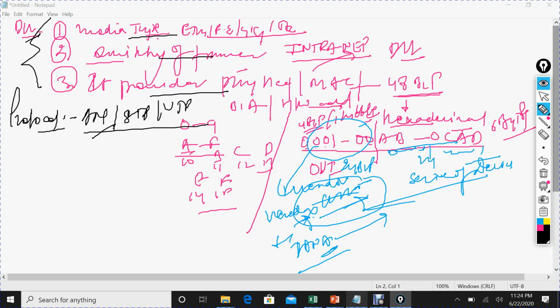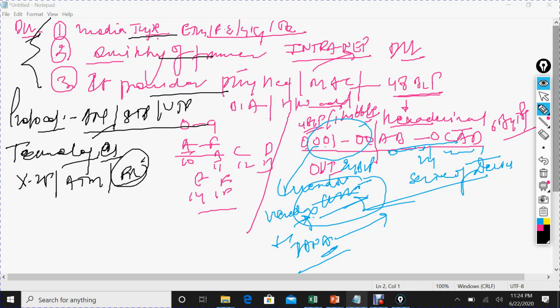And technologies which work at layer 2, we call them WAN technologies, are X.25, ATM, and Frame Relay. Frame Relay is an obsolete technology, so I am not highlighting it, but previously it was there. So nowadays ATM and X.25.